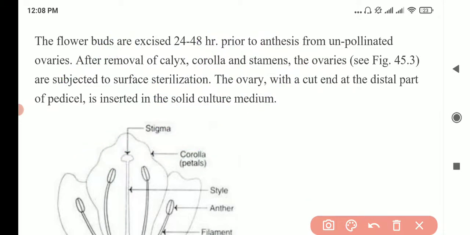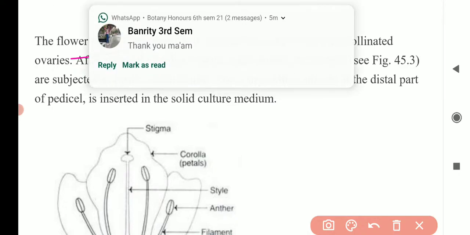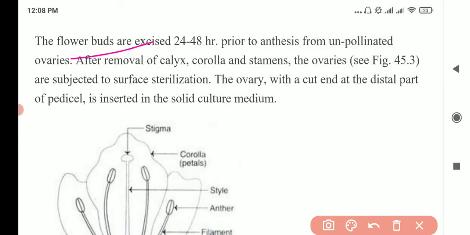So again go for the flower buds, at least 24 to 48 hours before anthesis from unpollinated ovaries. After removing the calyx, corolla, and the stamens,